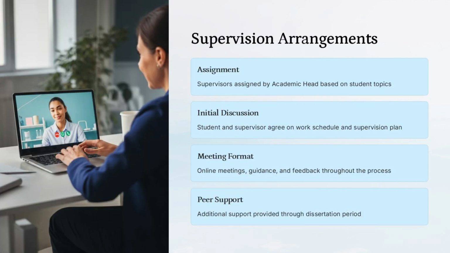As you can see, the supervision arrangements for this program are well structured to support students throughout their research journey. Students are assigned supervisors by the academic head based on their research topics, ensuring a good fit. At the start, the student and supervisor have an initial discussion to agree on a work schedule and supervision plan